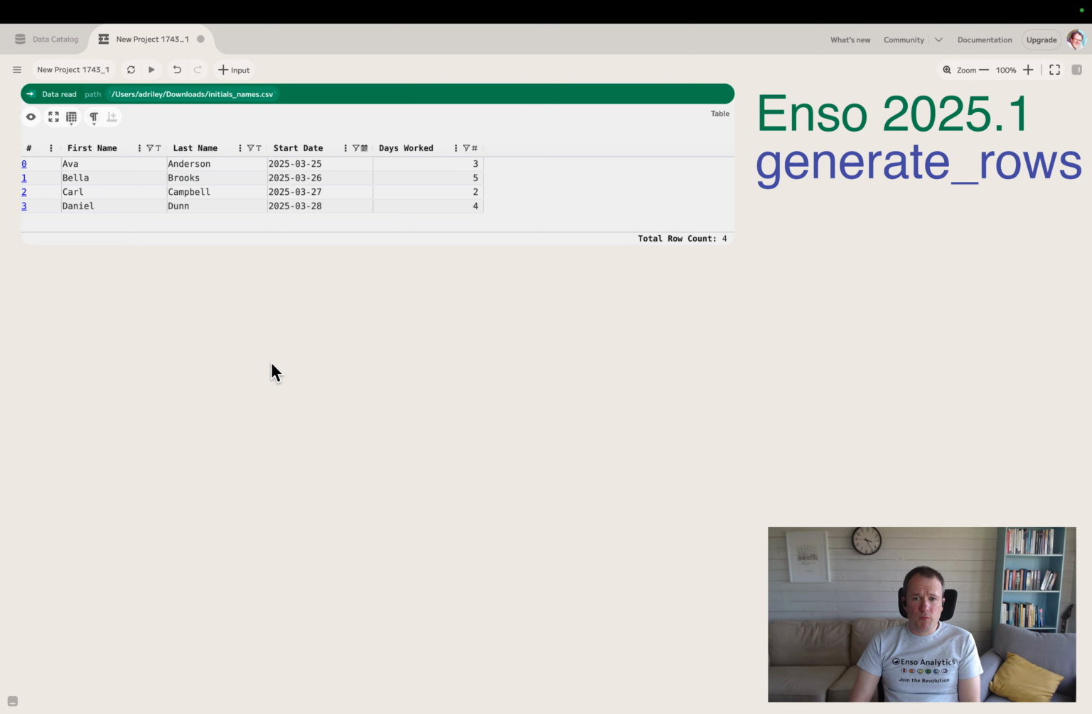Today we're going to be taking a look at the Generate Rows component. This component is new in Enso 25.1. It's a table-based component, so we've got a sample table here. This is some sample employment data, so we've got 4 sample employees with their start dates and the number of